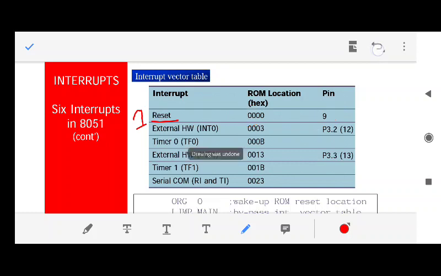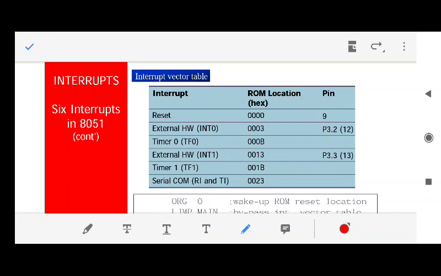Fine. So what was our initial issue? When an interrupt occurs, which program needs to be executed, or, I will use the word ISR as of now. Whenever an interrupt occurs, which interrupt service routine would be executed? How does the 8051 know?